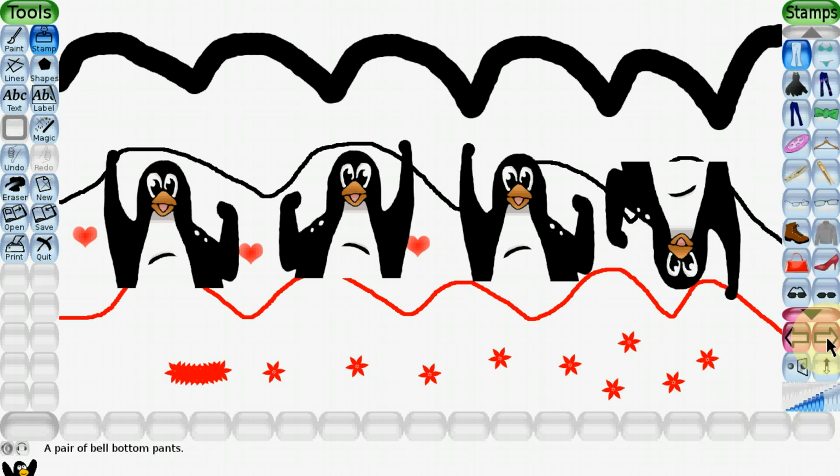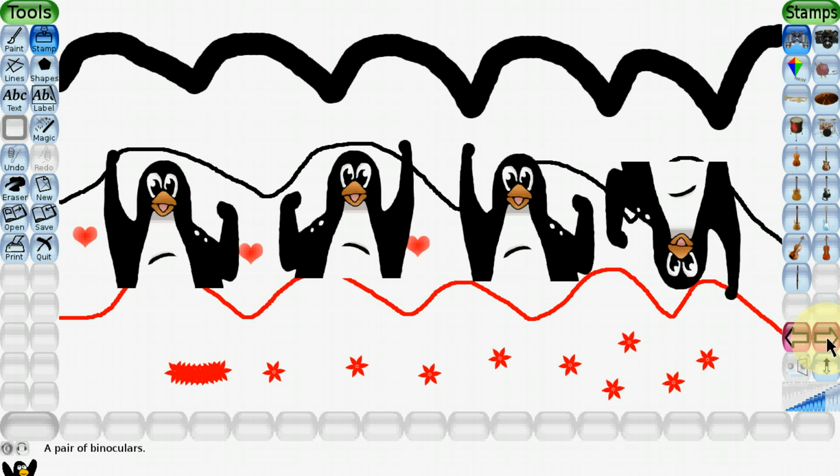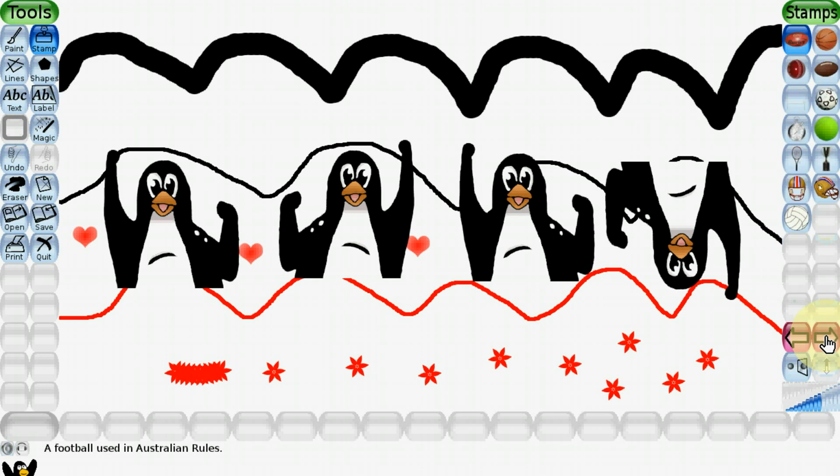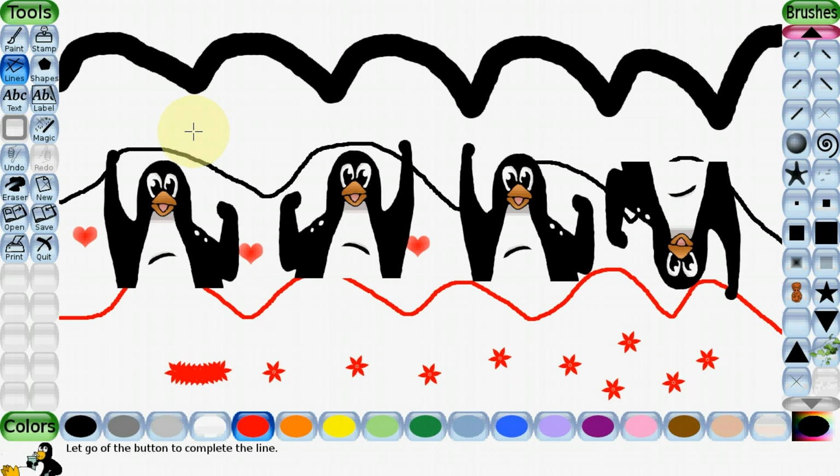If you want to change other stamps, these stamps are available. Just click on this arrow. So many tools will come as you click on this arrow. So these all tools you can use and you can make a picture. Just explore these all tools and use in your drawing. Now let me move ahead.